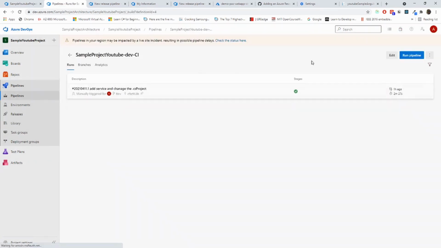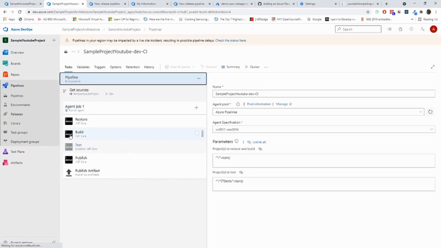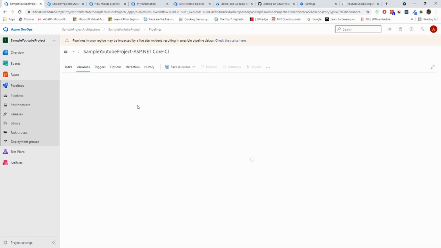If you can see these pipelines, I want to leave it. I want to just go to this and edit it. So in build we have this thing. I'll just copy, and here I will paste it. This one will be my build client environment. Here in variables,